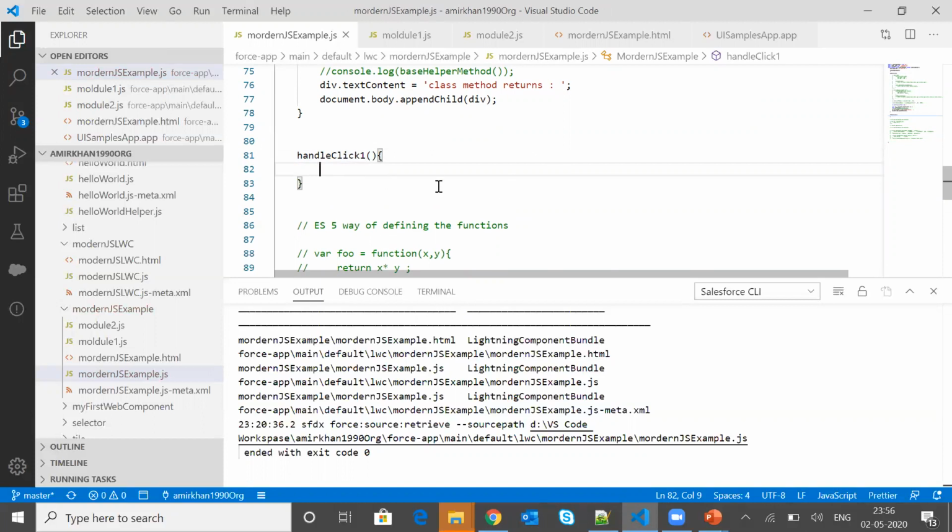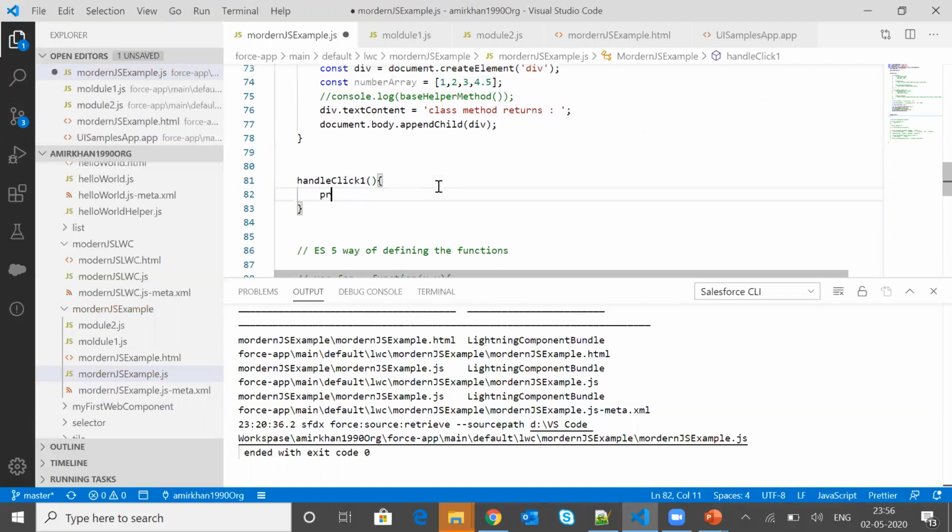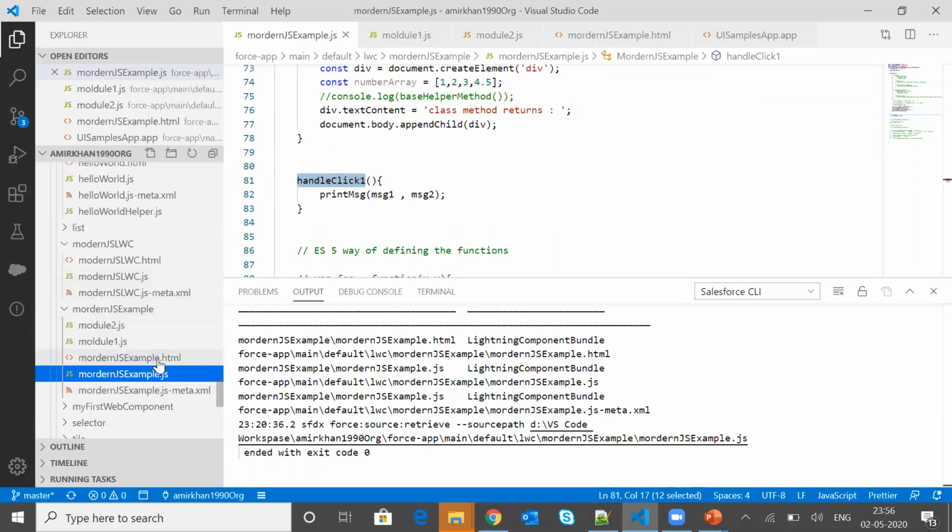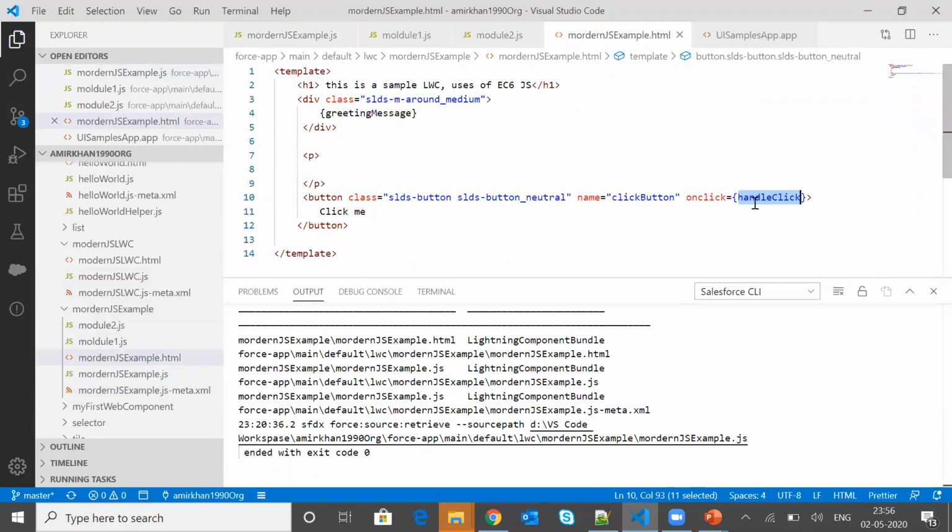I'm saving it, and now I'm going to call printMessage, and within printMessage I'm going to pass the msg1 and msg2 properties. This method I will execute on the HTML side on the click of this particular button, so I am going to replace the method with the handleClick1 method.